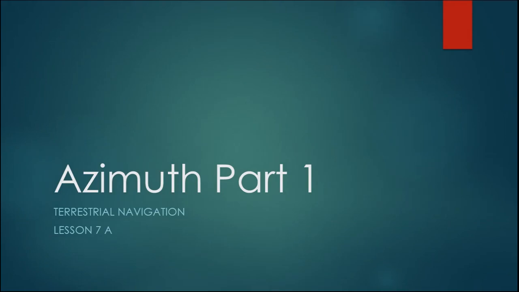Hello and welcome to Lesson 7, Part A in the Online Terrestrial Navigation course. Today's lesson is on azimuth. It's the first part of a two-part lesson. It'll be building on Lesson 6B. If you have your answers from 6B, they'll come in handy here. If not, then you'll have to calculate these answers, but you should be very familiar with 6A and 6B before